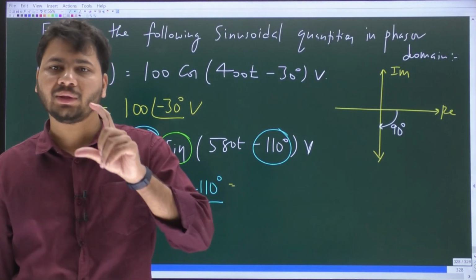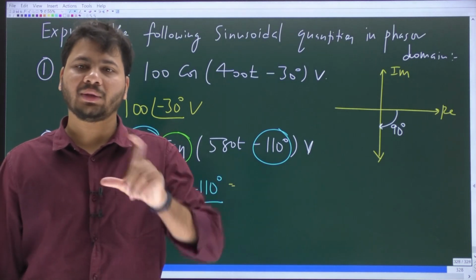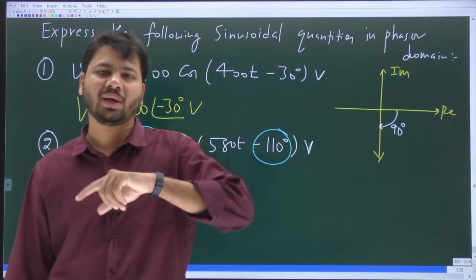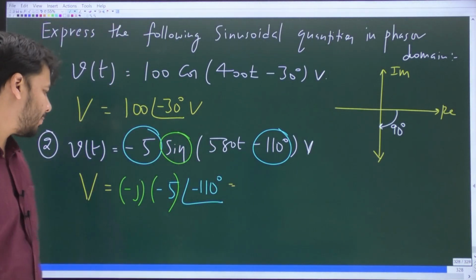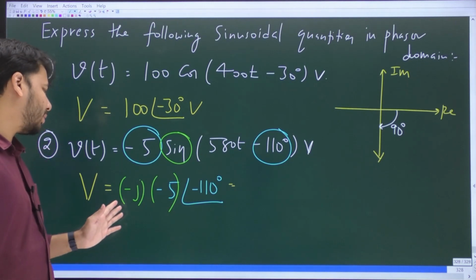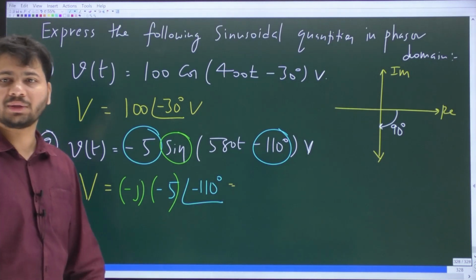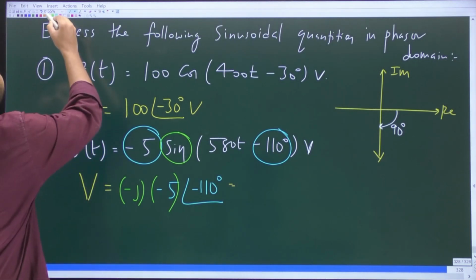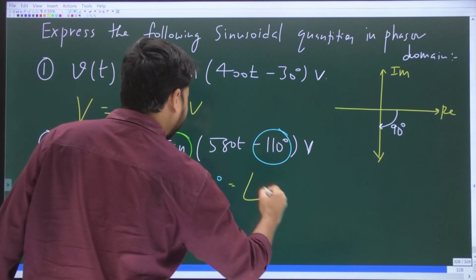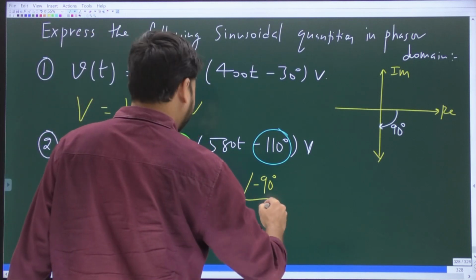But if you rotate by the same amount of angle in the anti-clockwise direction, then the angle would be positive. Always, angle by default is in the anti-clockwise direction. Anyway, the reason why we are going through this is just to assert that minus j is what? Angle minus 90 degrees. So in place of minus j, I can write angle minus 90 degrees, and then